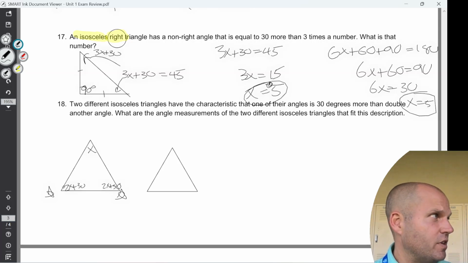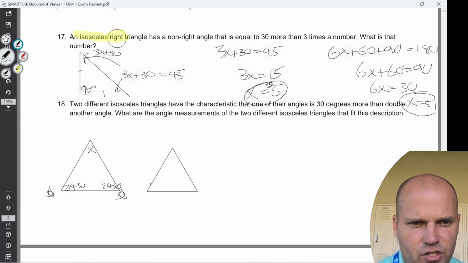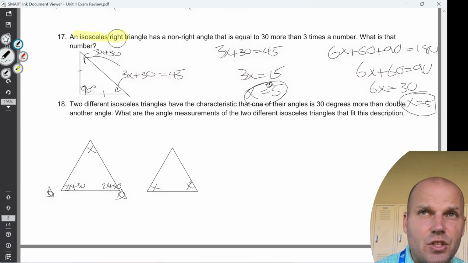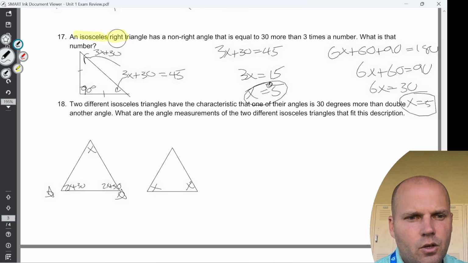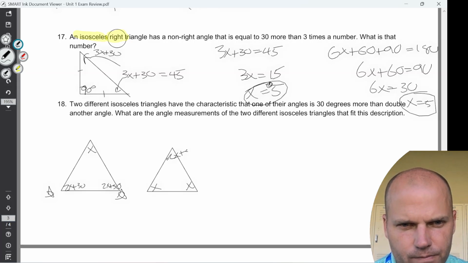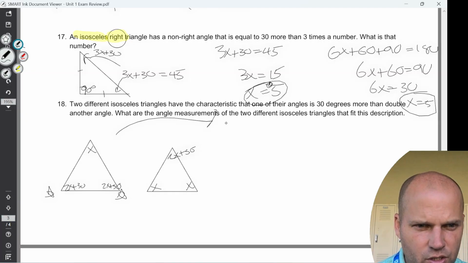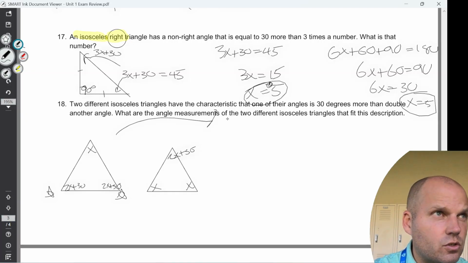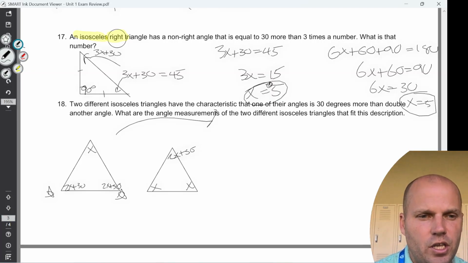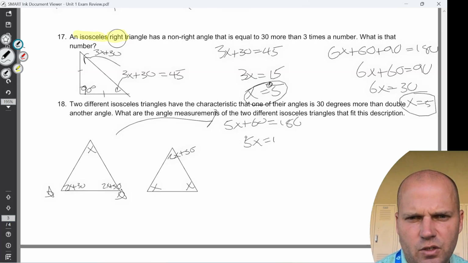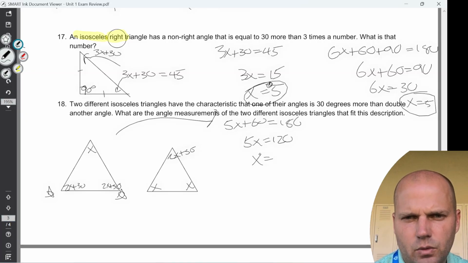That is one situation we could have. The other situation is that the two angles that are the same could both be x, and the third angle that is different would be 2x plus 30. That gives me two different equations that'll help me find our two different angle situations. For the double 2x plus 30, we'll have a total of 5x plus 60 equal 180, which means 5x equals 120, and x equals